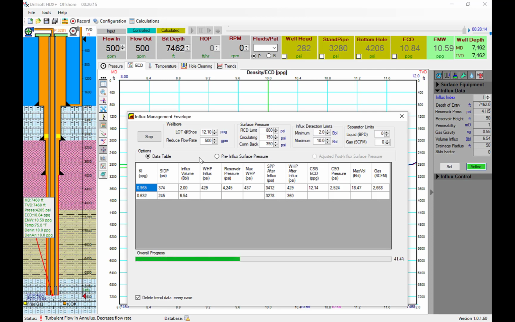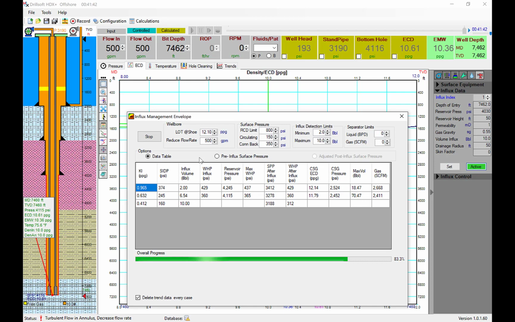The software is capable of running the calculation pretty quickly, which is a positive thing, as this will be useful to use while drilling and adjusting the IME while drilling every certain interval, and also in case we need to update the IME due to an influx or a change in the mud type or mud weight, we can always just pull this up and adjust, rerun the IME. As you can see, this is real time as the software is running,